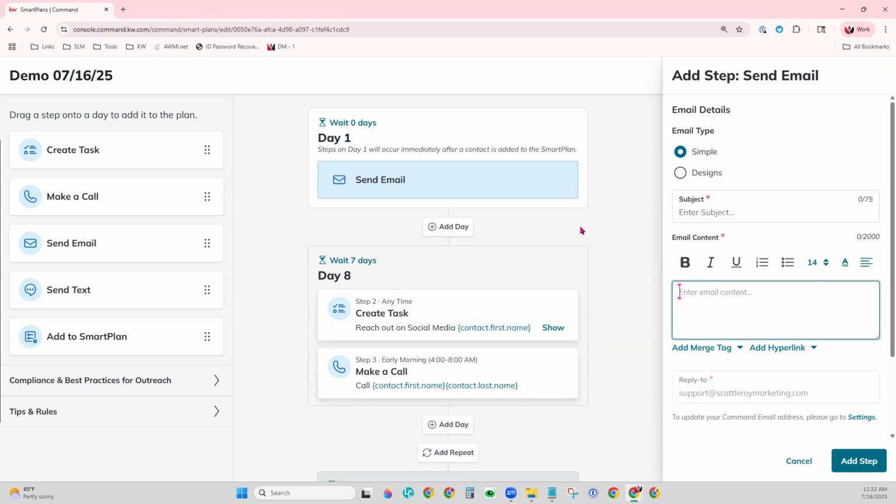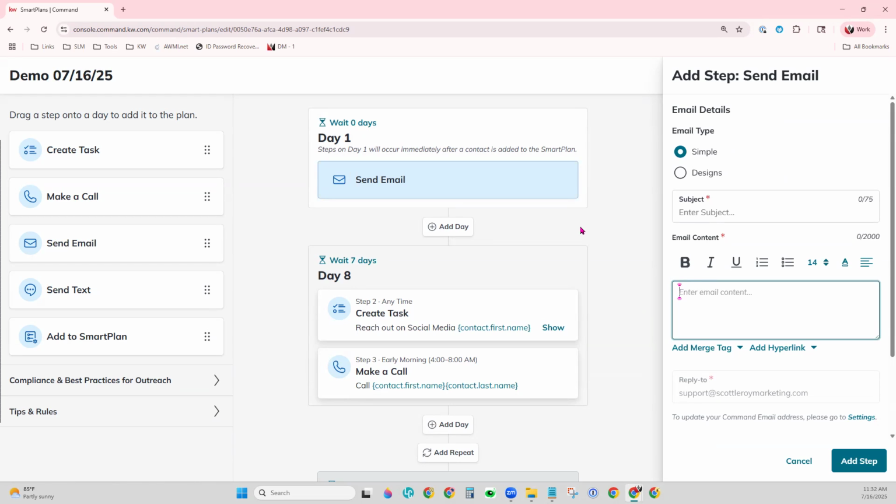Going back to that introductory email that I mentioned earlier, you can set up your smart plans to automatically add a contact to that smart plan as soon as that lead comes into your command database. So if you get a lead from your website, as soon as that lead populates in your command database, you can set up your command to have them automatically started on this smart plan